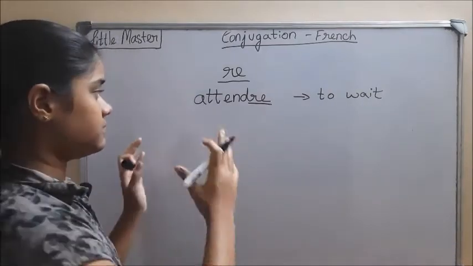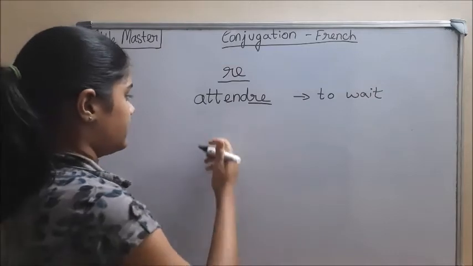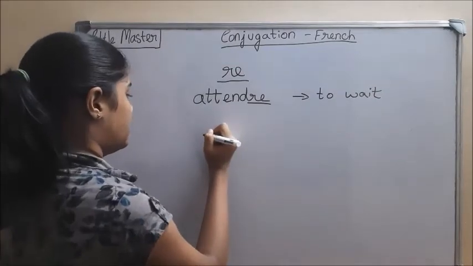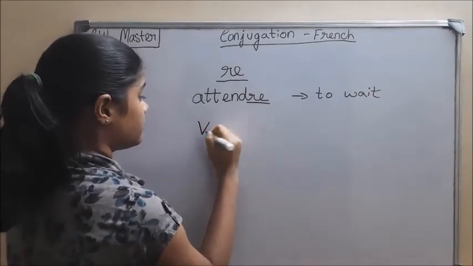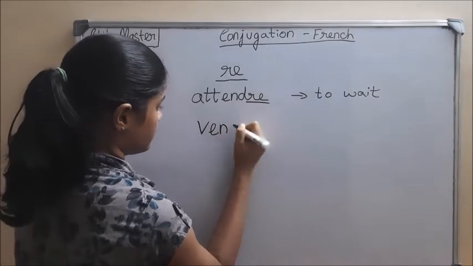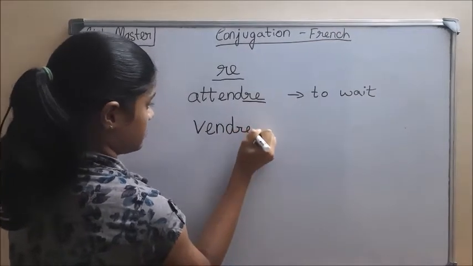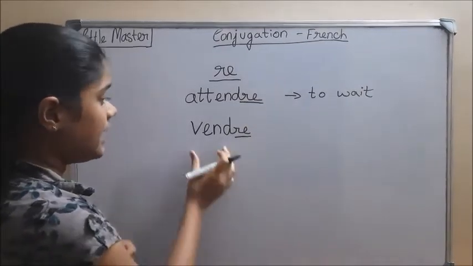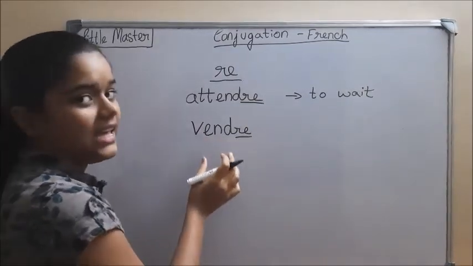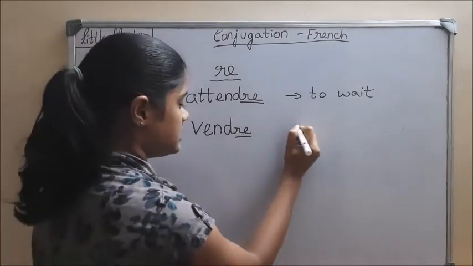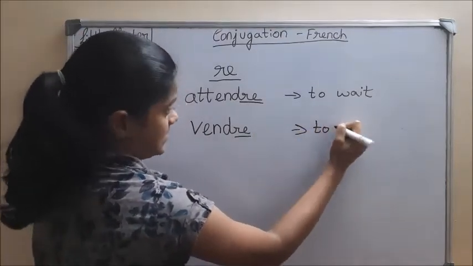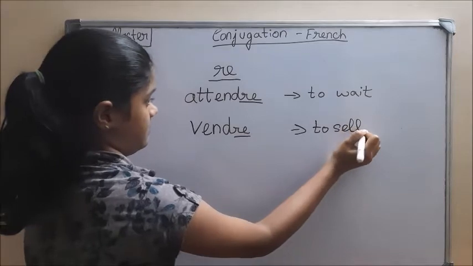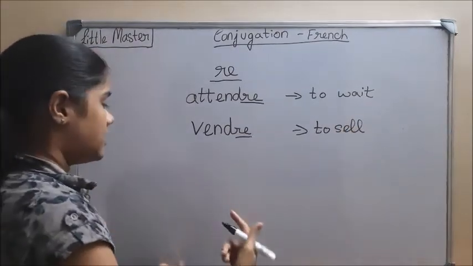So I'll just give you examples of such verbs. Now we'll go with vendre. This is RE, right? We remove this RE and we conjugate with VEND. Now vendre means to sell. Okay, to sell. Now, the other one is